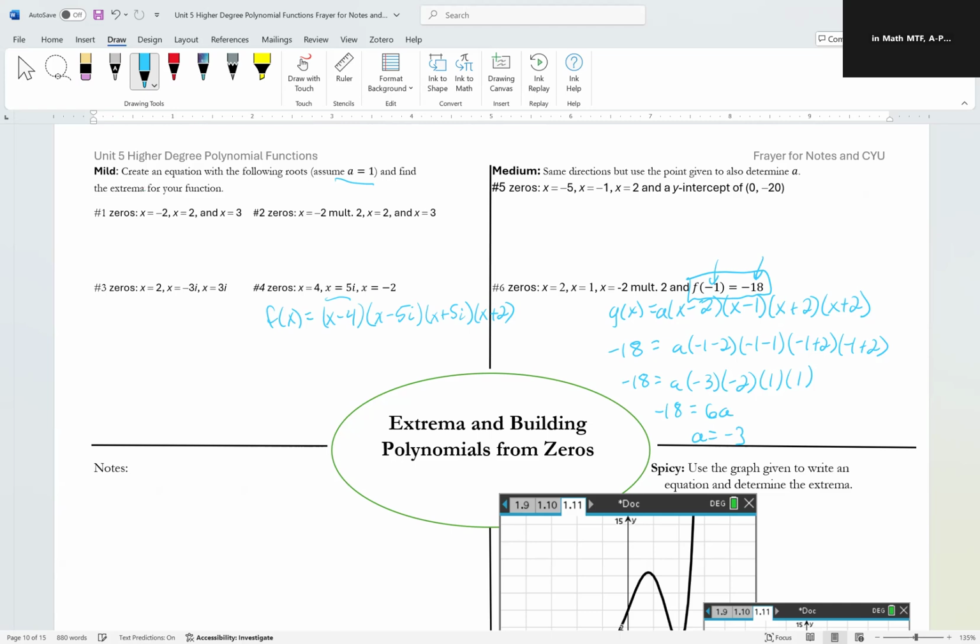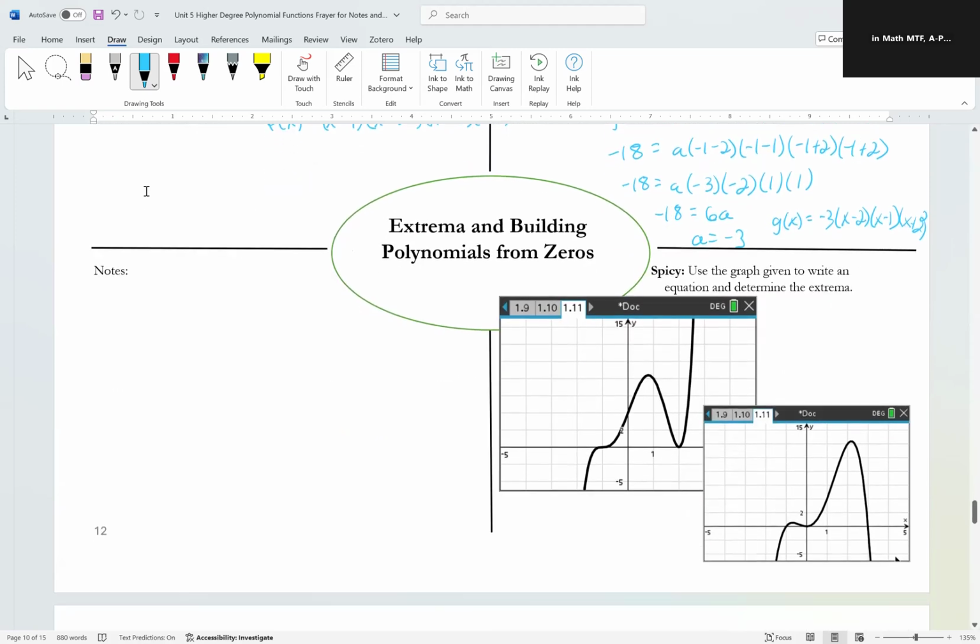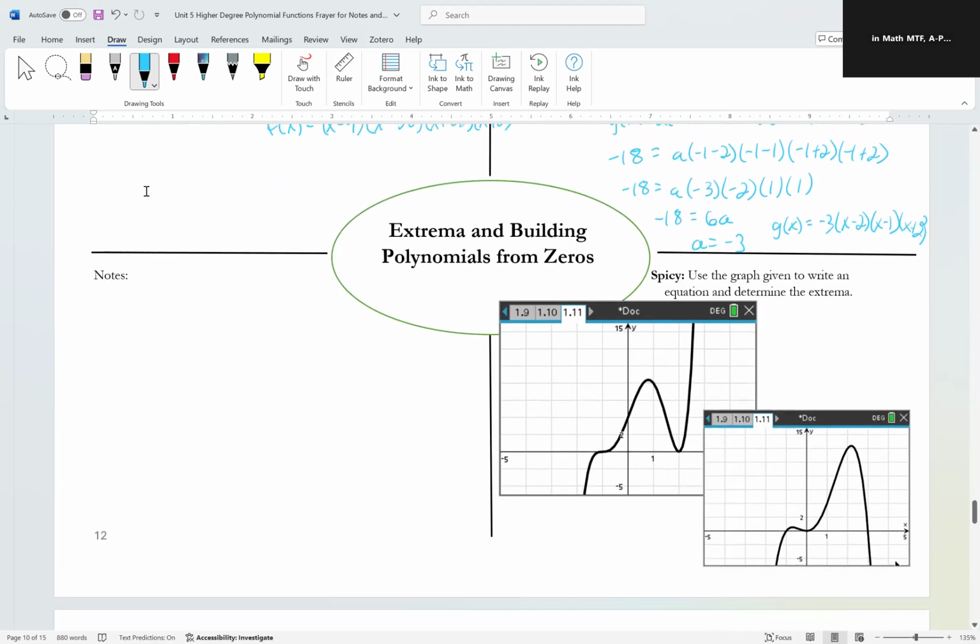And so my final function would be this. Just for the sake of room, I rewrote x plus 2 times x plus 2 as x plus 2 squared. So there we go. And then finding those extrema is just a matter of